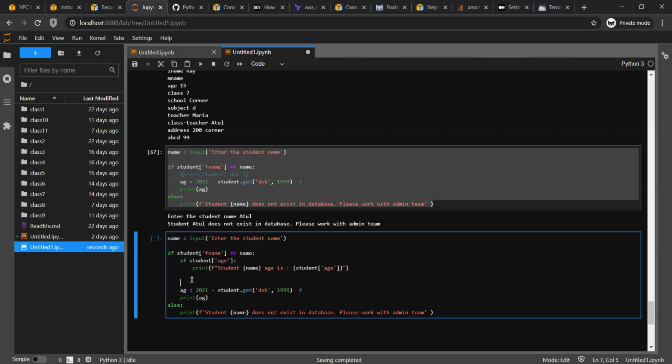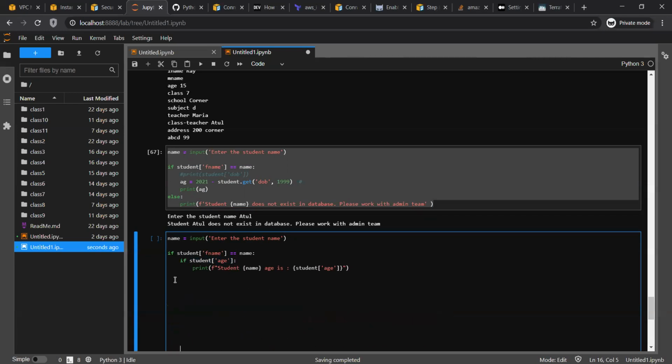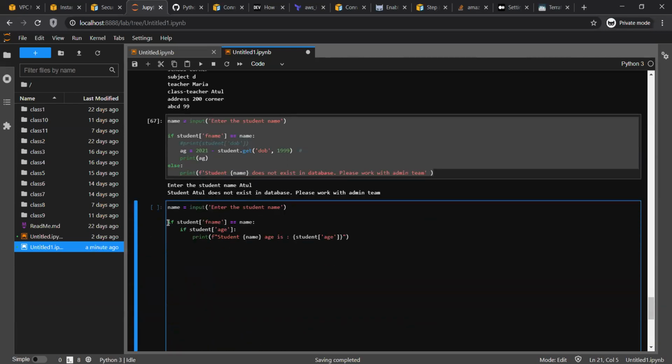Okay, so let's understand this section first. If that student exists, then check if age is there or not. If age is there, print the age. Else, ask again. Now I'm asking age equal to input.